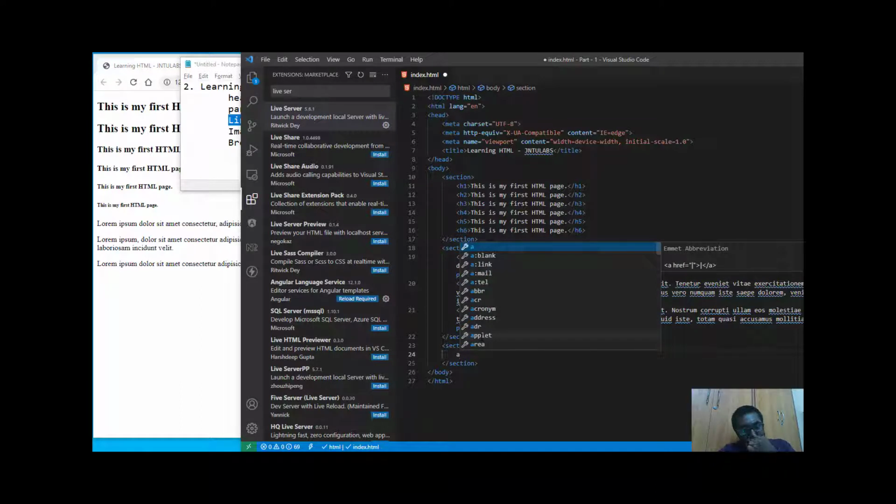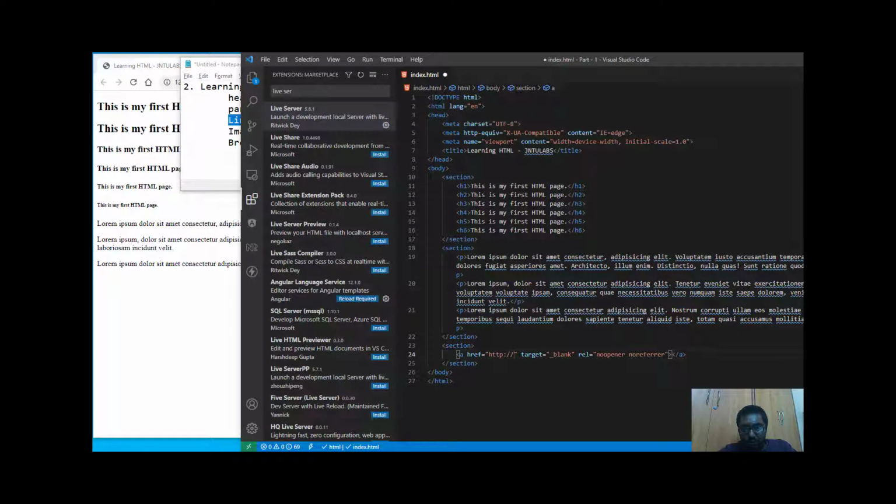Links are basically denoted with the a tag. You have a blank link, or you have a link, or you have a mail link, you have a telephone link. So these are the different types of links which we have. Let us go with a blank, and target blank is nothing but, let me show you.